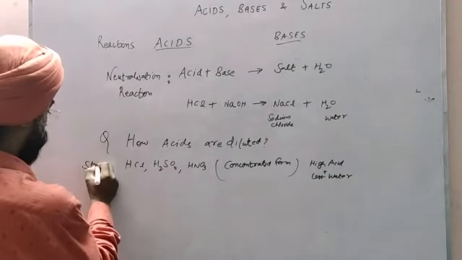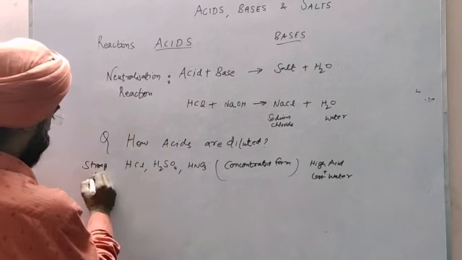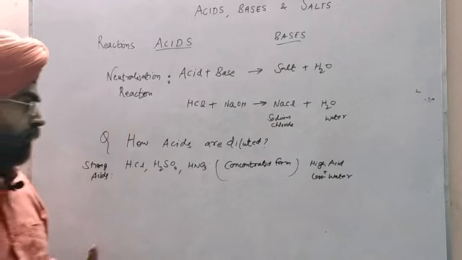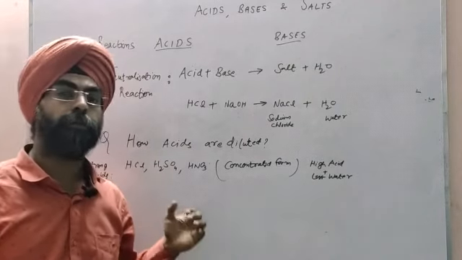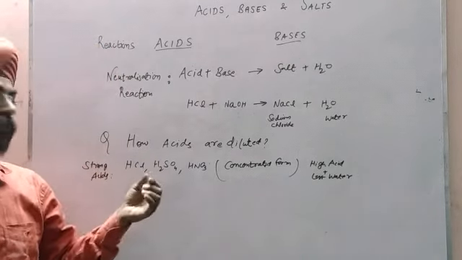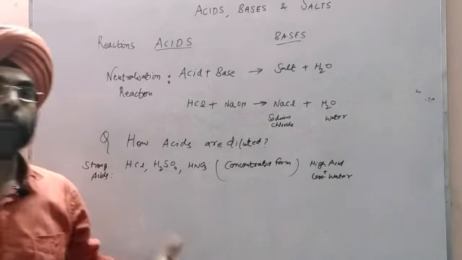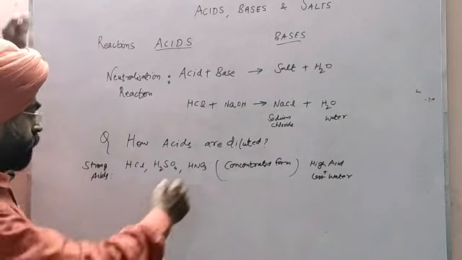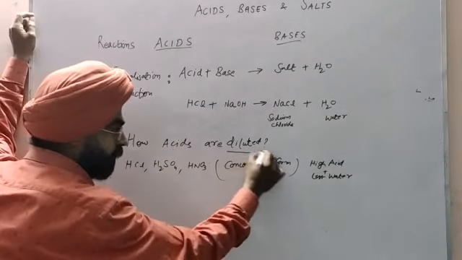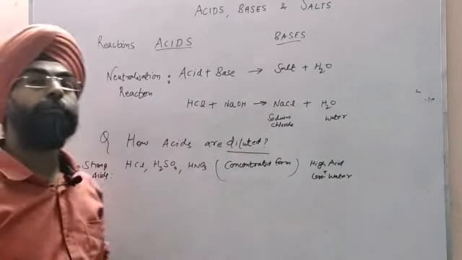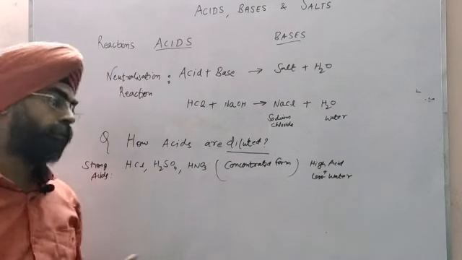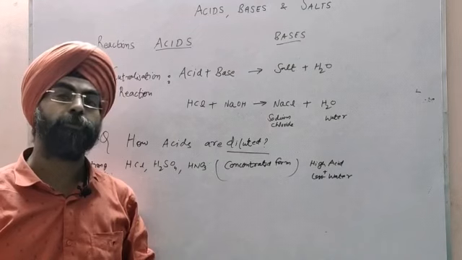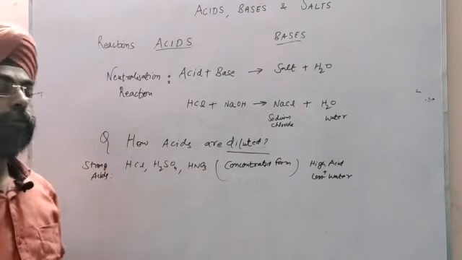That's why they are called strong acids, and they are very harmful to our skin. If our skin comes in contact with even a single drop of this acid, it can cause burns to our skin, right? So these acids are to be diluted so that they become less harmful, and to perform so many reactions in the chemistry lab they are to be diluted.